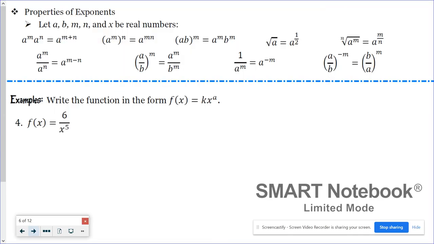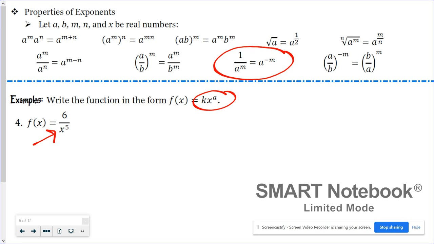Okay. So let's write these functions as power functions. So when I look at number 4, it's not looking like this, k times x to the a power. The problem is the denominator. Okay, so in the denominator, I have that x to the 5th. So I have this rule here that says that I can take that power in the denominator and I can